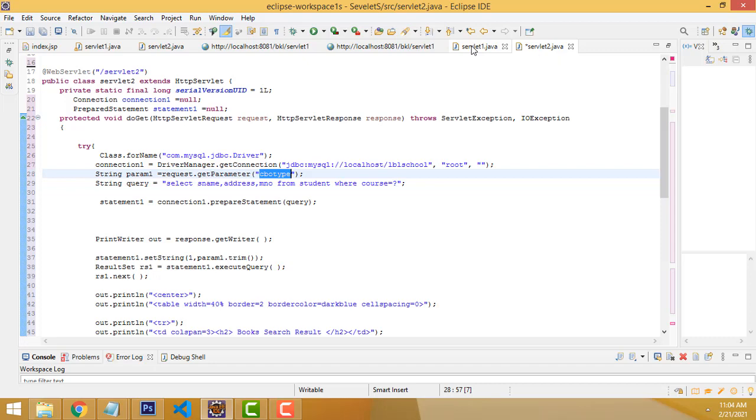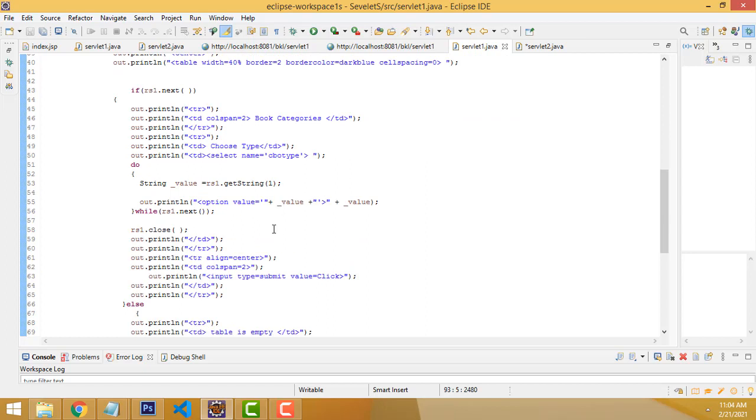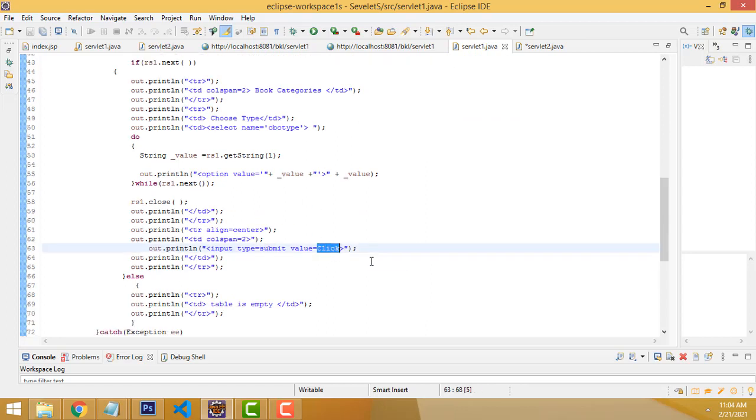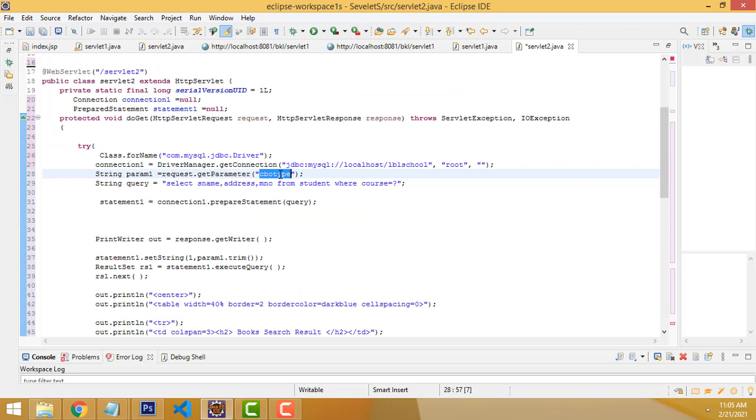So here what happens is, when you select the particular record and click the submit button, it goes to here. This is the name of the combo box, right? This name should go along with the action. Okay, so it will get the result over here. What is the value you selected in the drop down? It comes here and is passed to this variable param1.